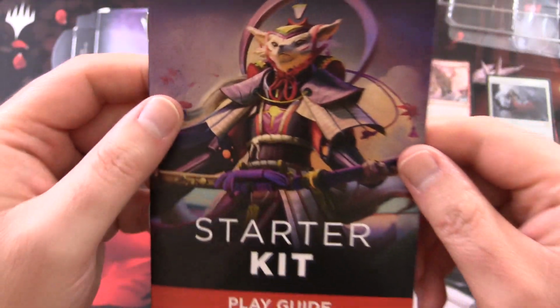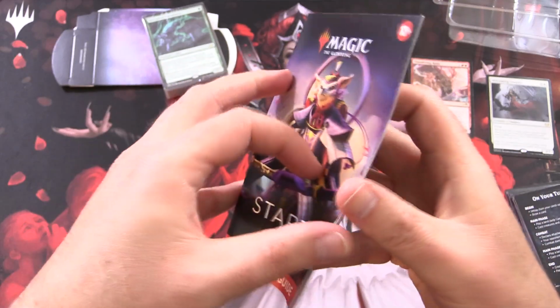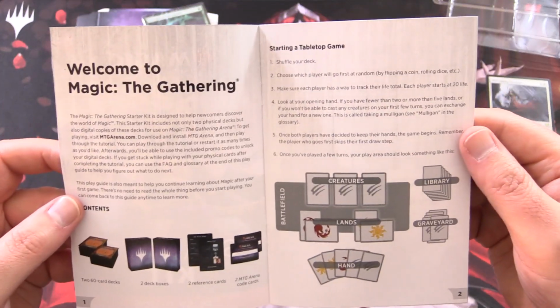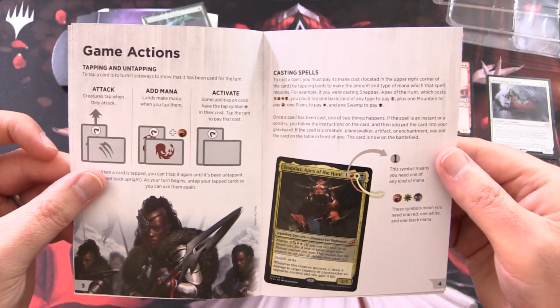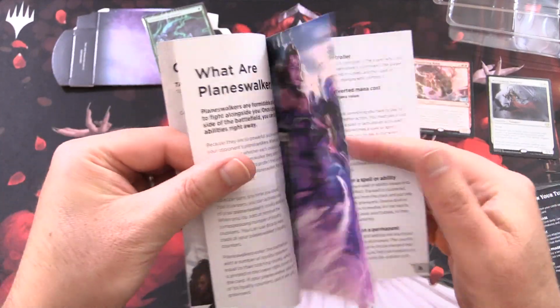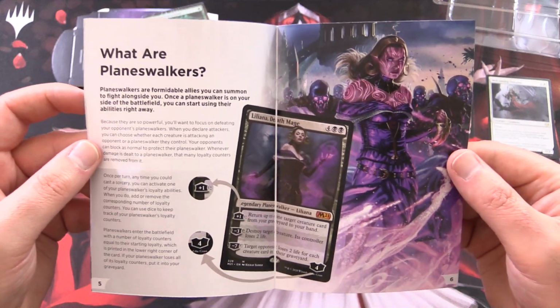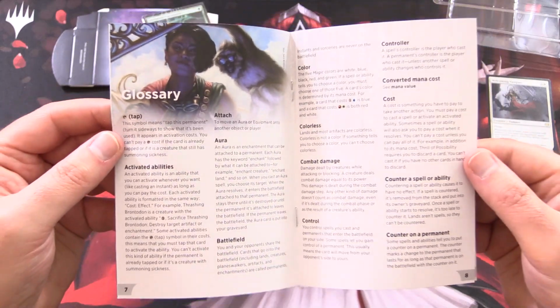Alright, so let's take a look at the starter kit before we move on to the second deck. So the play guide here. So welcome to Magic the Gathering. Tells you what you need, how to set up the game board. Game actions, okay. What are planeswalkers? So we have not come across those yet, but you will pretty quick if you start playing on a regular